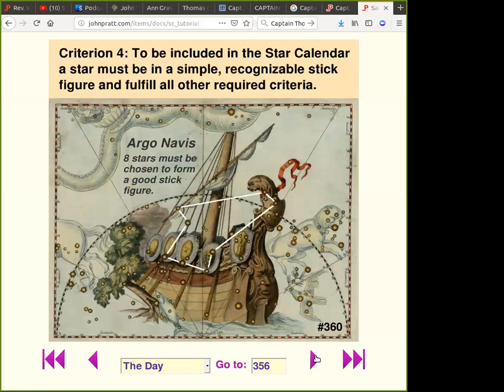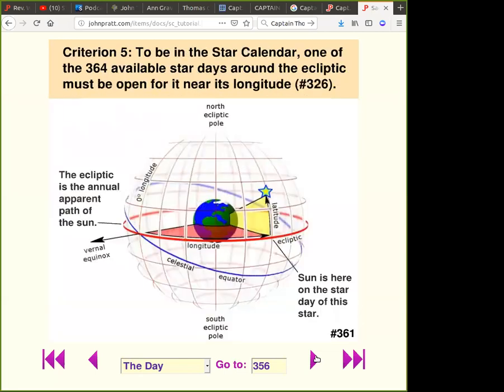Okay, next slide. Criterion 5: to be in the star calendar, one of the 364 available star days around the ecliptic must be open for it near its longitude. For instance, I talked about this once before, but now we're coming down to slots. Think of 364 slots around the ecliptic, which I'm pointing to with the arrow here,